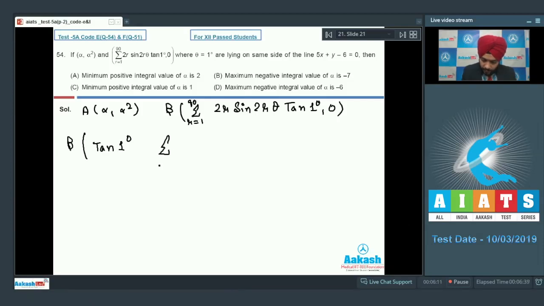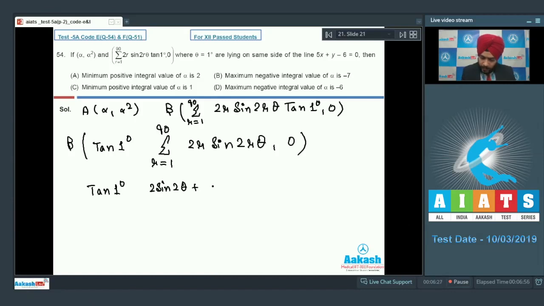We'll have sigma r from 1 to 90, 2r sine 2r theta, comma 0. So this is given as tan 1 degree [2 sine 2 theta plus 4 sine 4 theta plus 6 sine 6 theta up to 180 sine 180 theta]